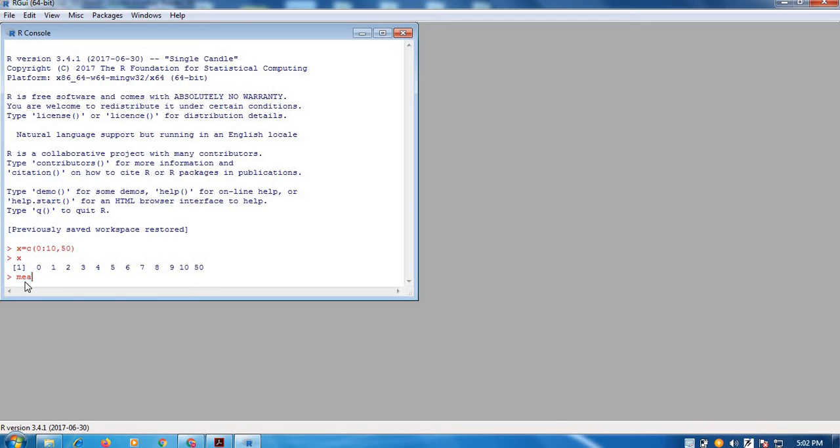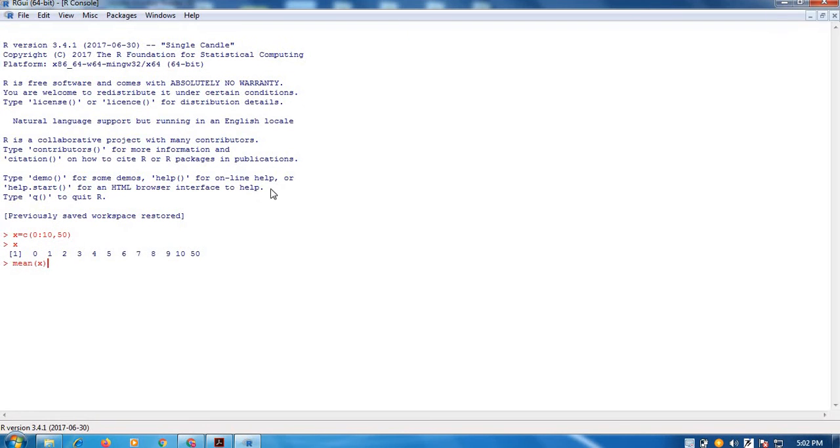So mean(x) will give me the value. Okay, now see what happens. It is giving me the mean considering all these 12 values. See how many values are there: 1 to 10 is 10 values, this is 11 and this is 12.